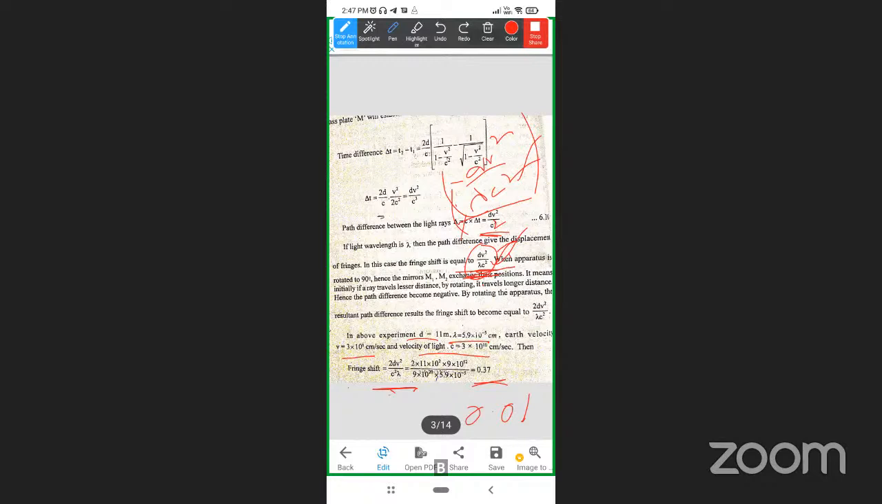So these two mirrors M1 and M2 are at an equal distance, that is the distance D, from this glass plate Z. Let the light velocity be C and V the velocity of the Earth. So these two rays